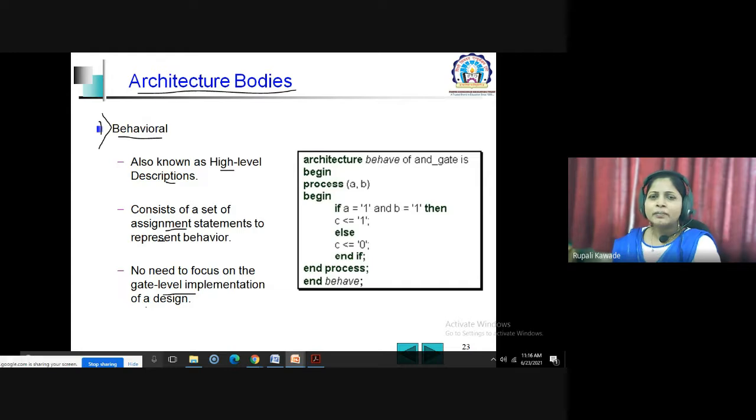In this description, do I need to know what kind of gates are involved in this half adder? There is no need. Whenever you are describing the behavior of the design, we don't bother what kind of gate level implementation is there for that particular design. So this is the same example we have seen previously, the behavioral modeling style code for the AND gate.